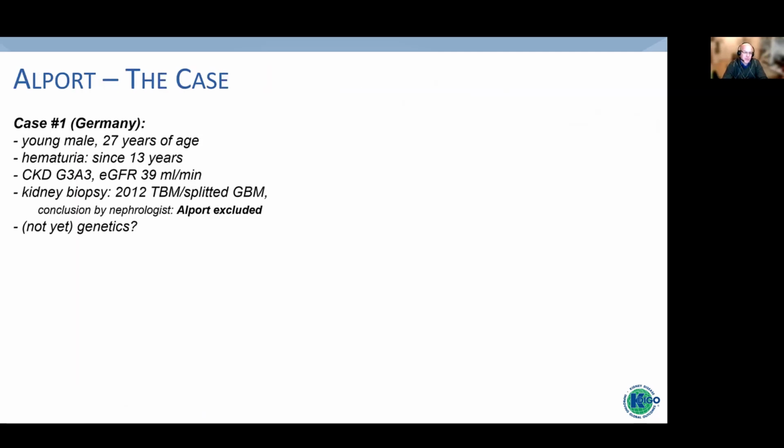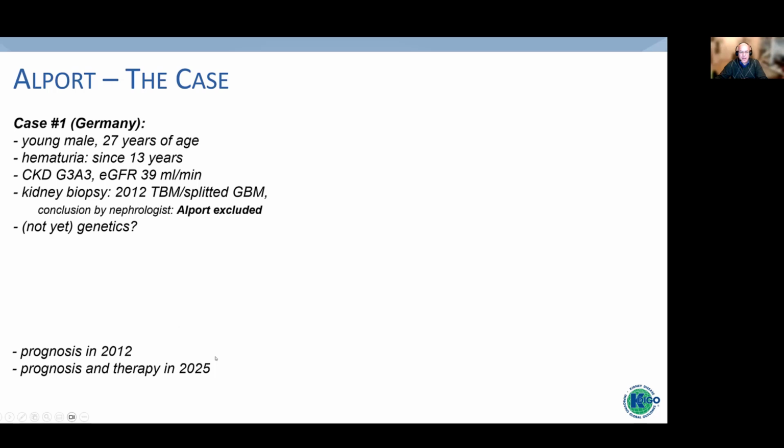So let me bring 3 cases to your mind. The first one is typical for me, being an adult nephrologist: a young male with a long history of hematuria, but ongoing renal failure. This male had a kidney biopsy more than 10 years ago, but unfortunately this biopsy was misinterpreted as basement membrane disease, and the nephrologist excluded Alport syndrome and did not do the genetics. Finally, we'll discuss the prognosis